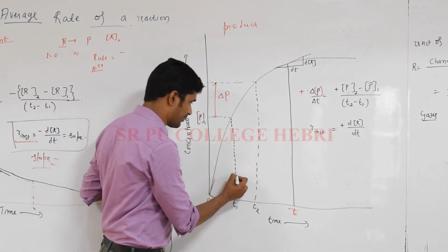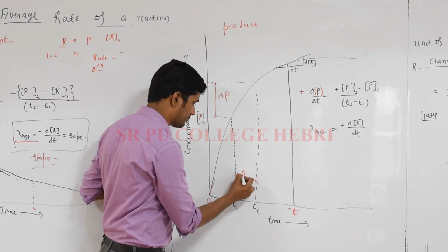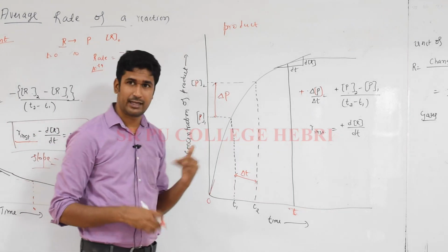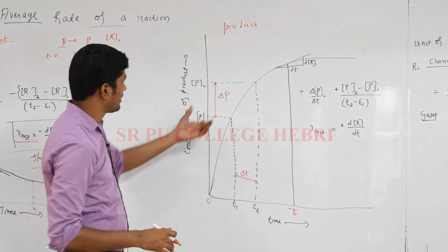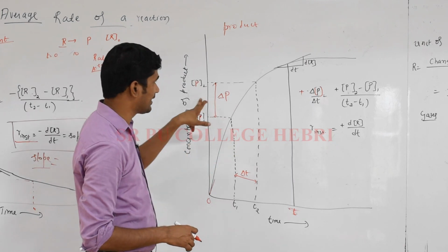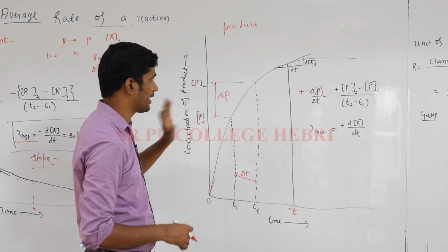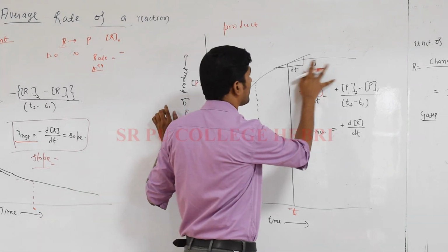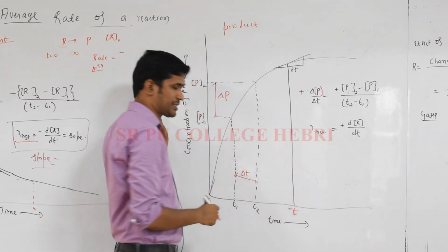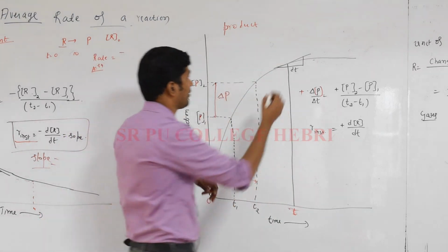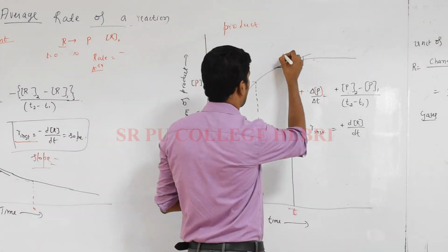So now this is known as delta t. So differential equation, the rate dx by dt. So now delta p divided by delta t. What is delta p? p2 minus p1 divided by t2 minus t1. Next, here for instantaneous rate with respect to product, it's the same thing. You take a particular time interval. At any time interval we can take.